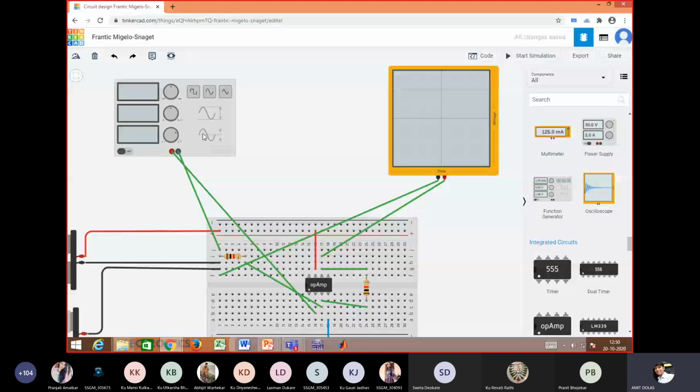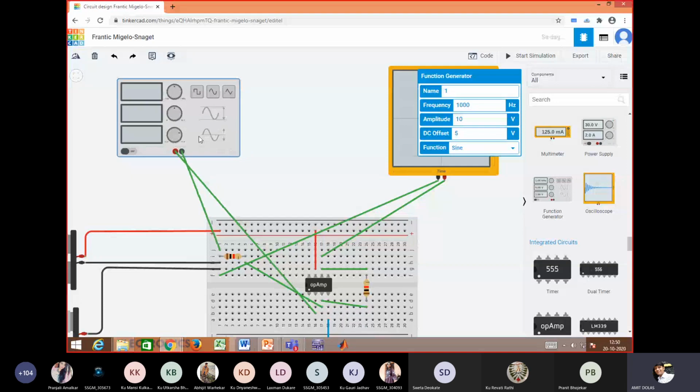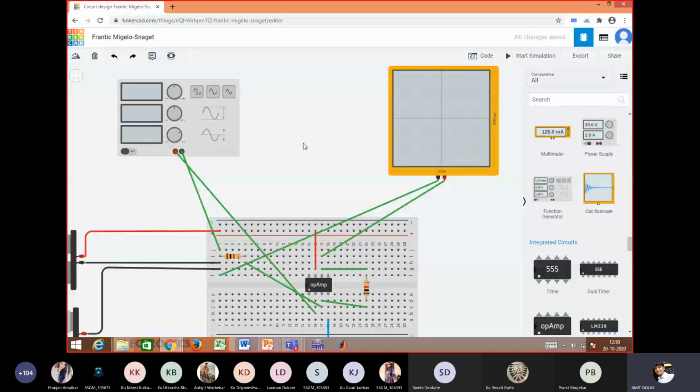You can see if I add DC offset, some part of the waveform is above 0 level and some part is below 0 level. I gave it next to the offset. If we don't add offset, then the complete waveform is above 0 level. That's why we are getting a stable minus Vsat output. Once this function generator is set properly, then we will have square waves. Let's see this now.